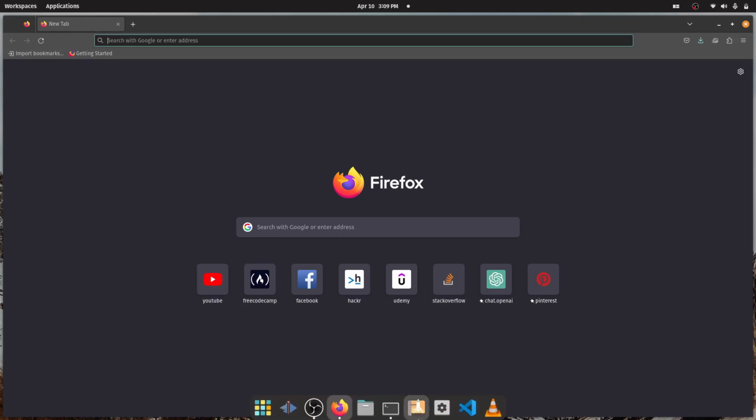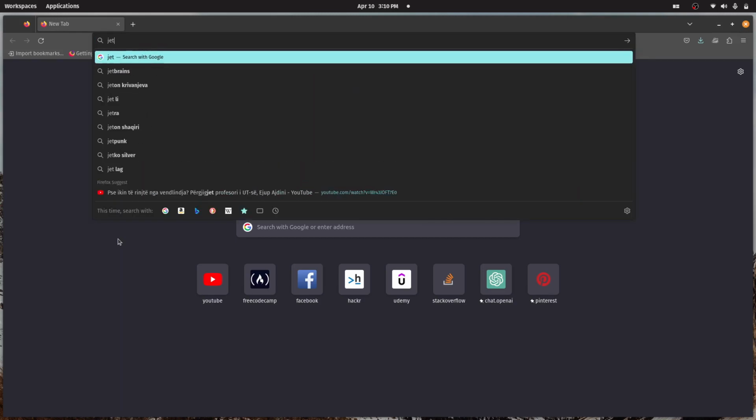code editor is Visual Studio Code. But you can also get other code editors or IDEs like Sublime Text, the JetBrains family, Atom, and other things. So let's start with the worst and the best. The worst, in my opinion, is JetBrains, because